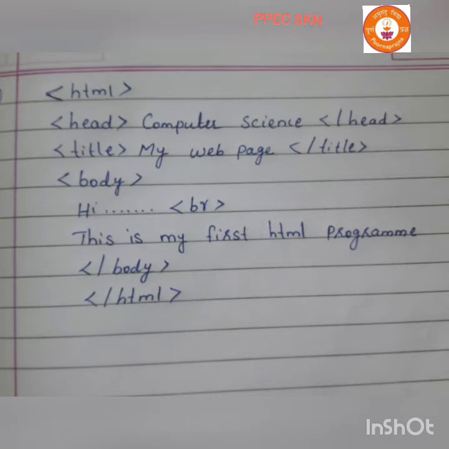Why are we using the break tag? From the name itself we can understand, when you give the break tag, the line will break and the next line will start from the next line. So after hi I gave 2-3 dots, then I give break, that means that line break. Then my next sentence is, this is my first HTML program. That will come in the next line. If I did not give the break tag after that hi, this is my first HTML program will come in the same line.